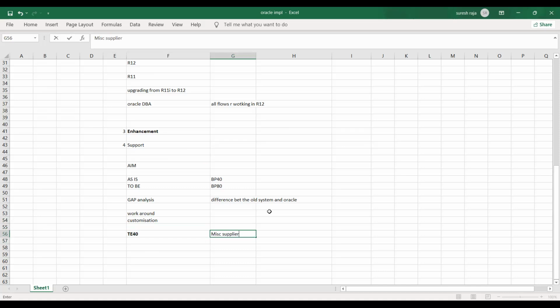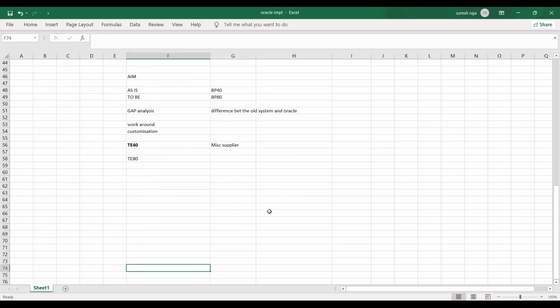So the technical team can create an option to add the supplier name in the invoice itself when I create an invoice. They will add an icon, and in that icon you can type the supplier name. That is called technical involvement. They will create a document called TE80. So everything is documented. Once you see all the documents, you can understand what they have done. Based on this, the support team will work.